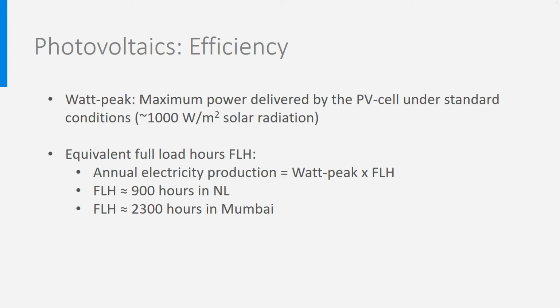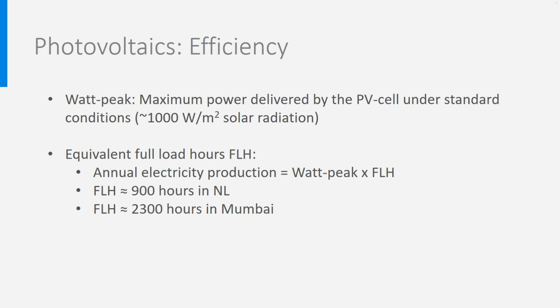But how to size PV cells in practice? Well, producers deliver in general data about the nominal power of their PV cells. This is expressed in watt-peak, Wp, a bit similar to the rated power in wind turbines. It is the maximum amount of DC electricity a panel will deliver under a standard solar irradiation and outdoor temperature. This includes, therefore, the efficiency of the cell. Combined with equivalent full load hours from the location, this allows for a rapid estimation of the total annual electricity yield. However, such estimations of the full load hours may be difficult to find.